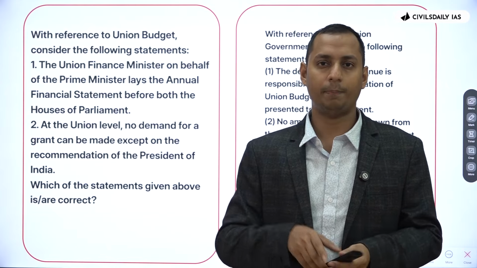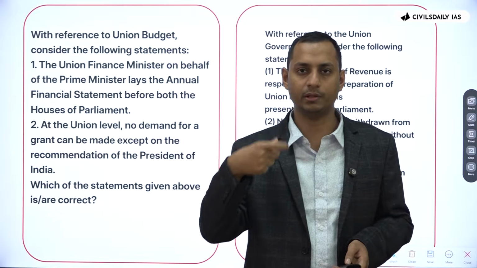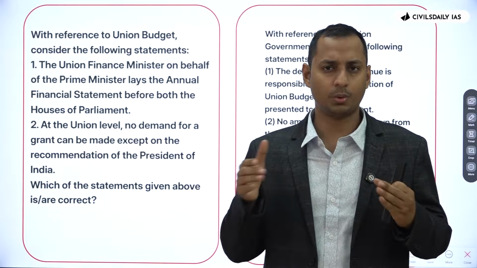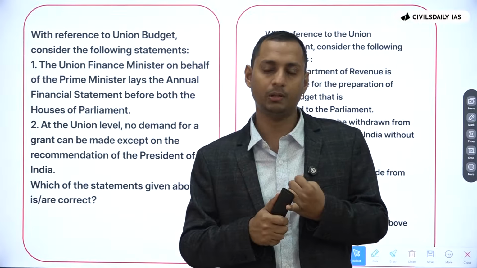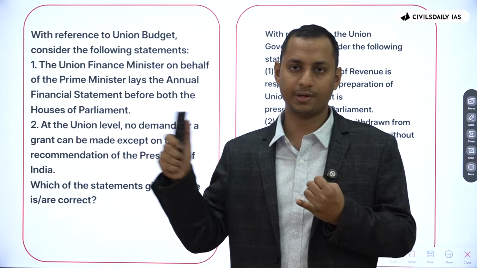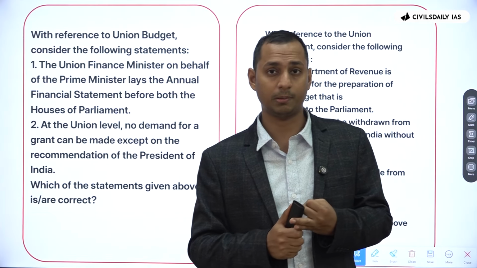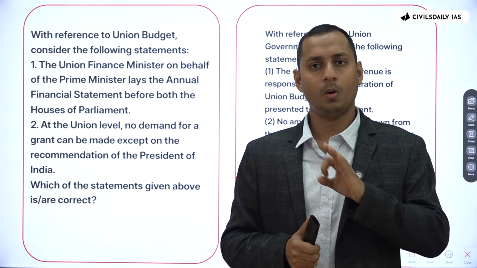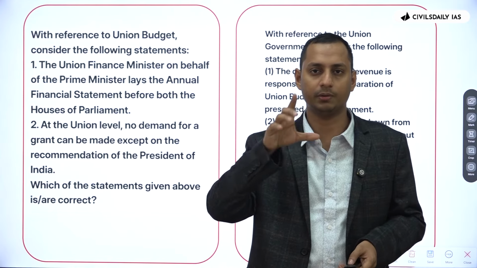What happens to the bill at each and every stage, first reading, second reading, third reading, then the amendments, this is not something very important. The only thing here is what happens to a bill when dissolution or different things happen. What is the difference between a money bill and a financial bill and a constitutional amendment bill and a private member's bill? Only these areas are important, not the different stages of discussion and all these areas.